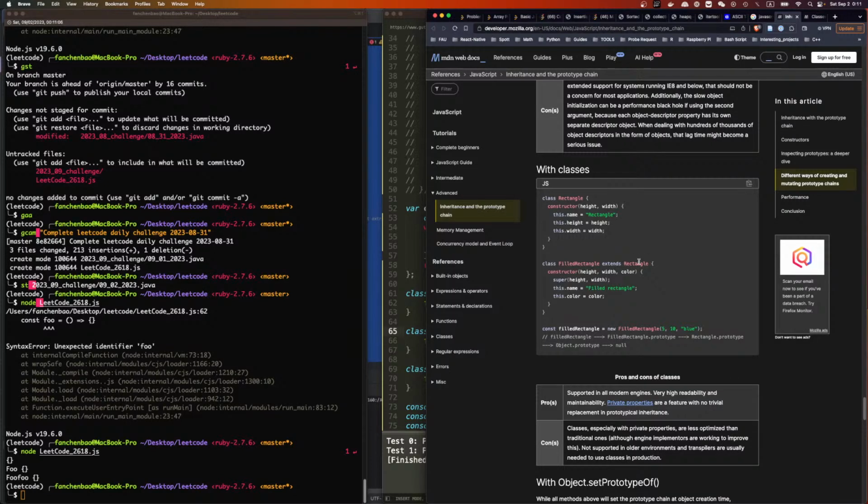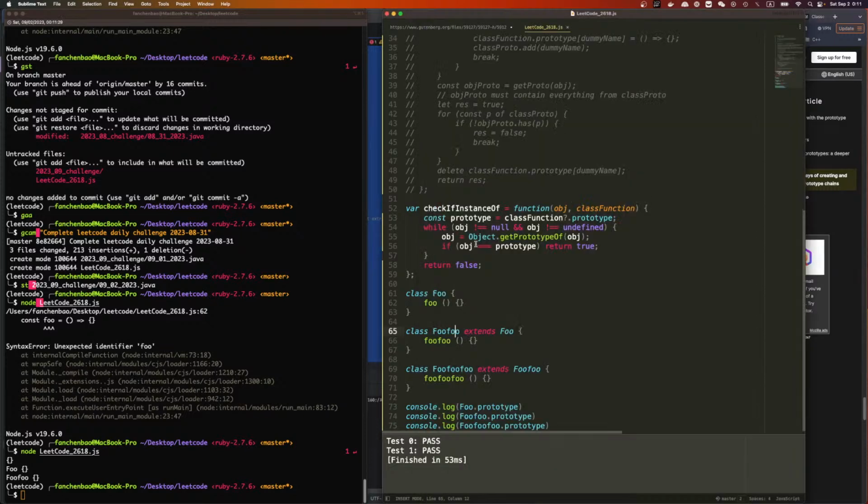Extends, okay? These are not in the prototype. So this, its prototype is this one's prototype. And this one's prototype points to this one's prototype. And its prototype points to the object's prototype. And object's prototype points to null. So with that in mind,